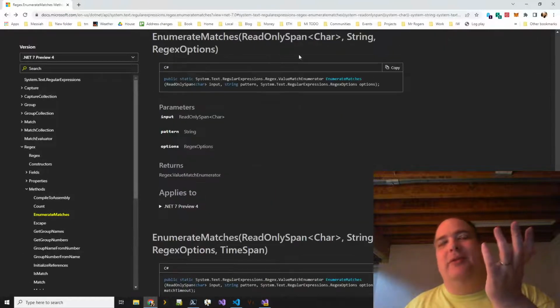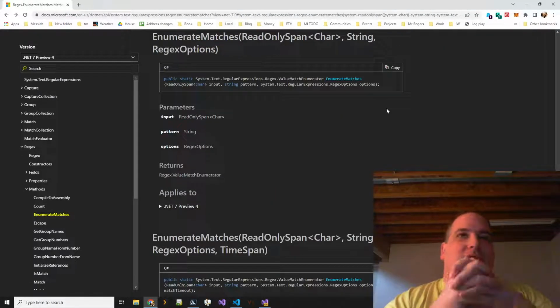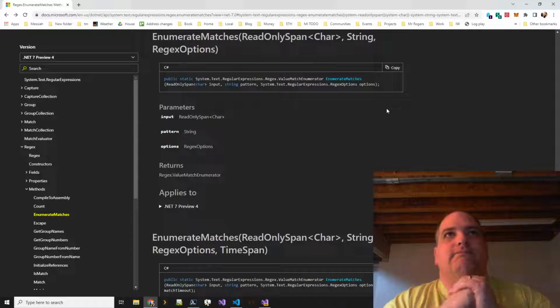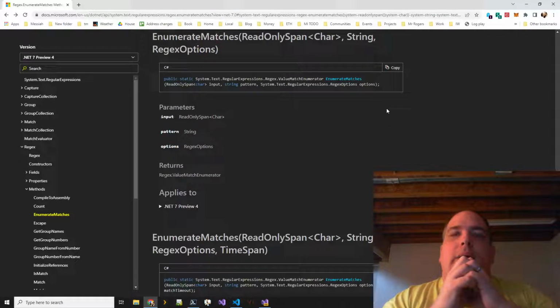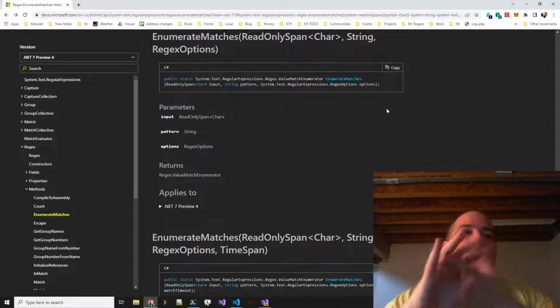So with the regex over strings, you do end up allocating a bunch of tiny strings, and they just get thrown away anyway. So it's just annoying. It's not a huge deal because they're very short-lived, I would expect.